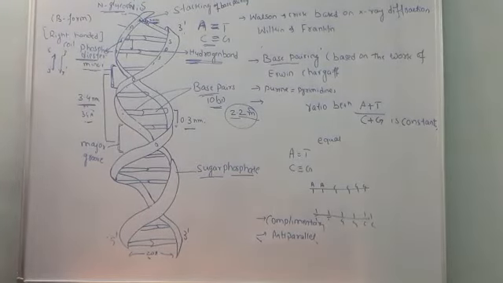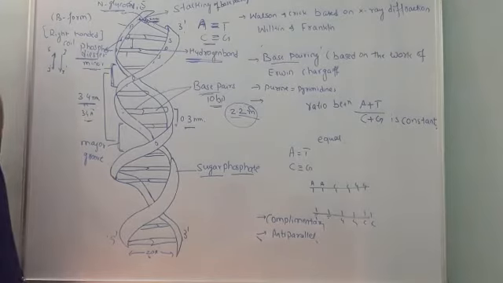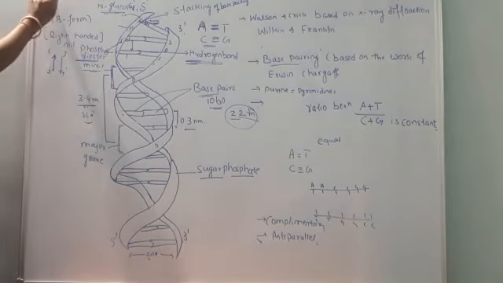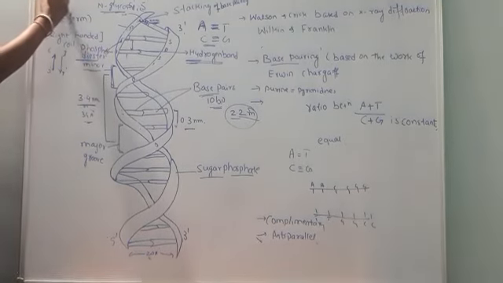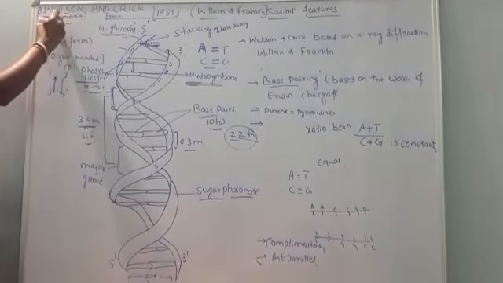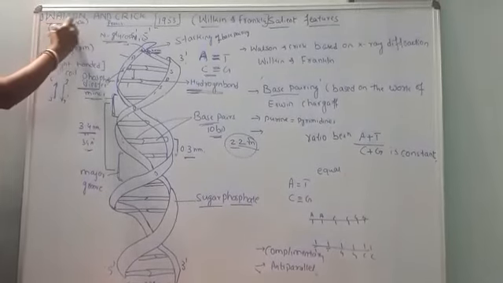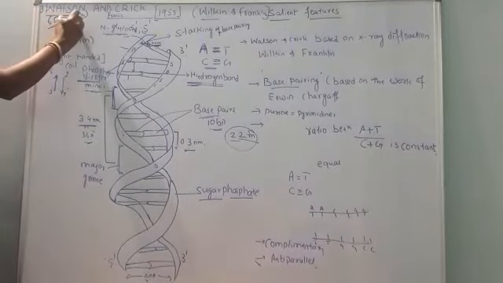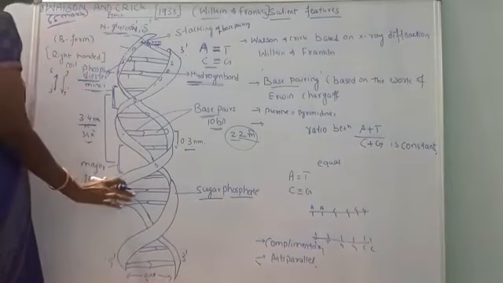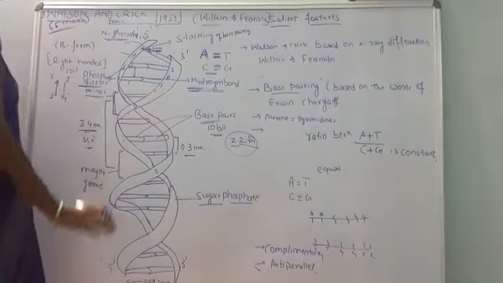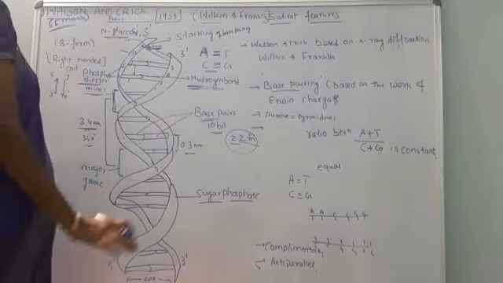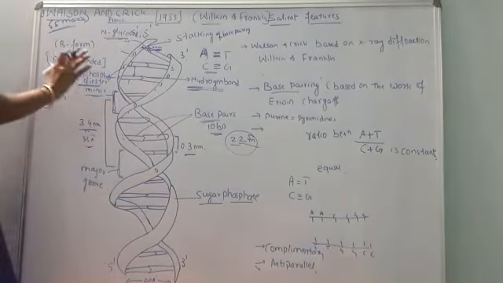Okay. So these are the few points we have to focus our attention on in the DNA structure. From the theory point of view, it is very important. Its question weightage is 5 marks. Not only from the theory point of view, even from the CET or NEET point of view, the structural aspect of the DNA is very important. Every data given in the diagram is very important, and we have to understand and memorize it.